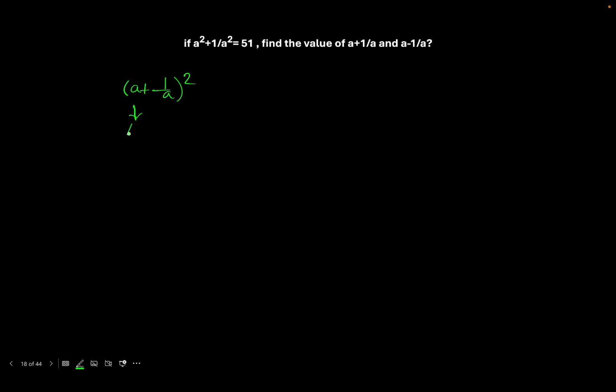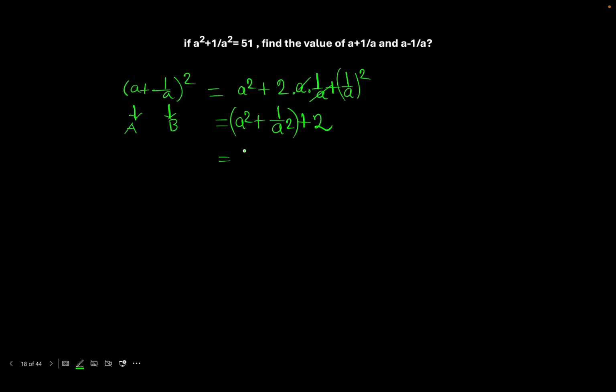So we can assume this as a and this as b. So it's like a plus b whole square. So we can write a square plus 2ab plus b square. We can write it. And a square plus this one, 1 by a square, plus 2, it will be cancelled out, and this value is given as 51. So we can write